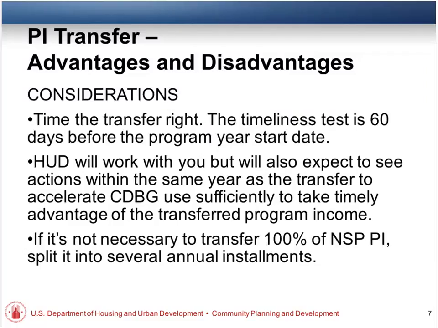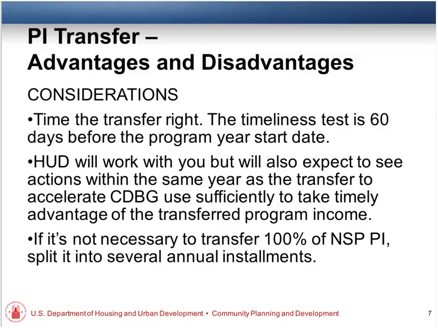Okay, so as a result of that, you want to think about timing the transfer. And if you do that properly, you can come in at the beginning of your program year instead of towards the end of it when that timeliness test is taken, and at least minimize the issues that you might have with meeting the timeliness test.